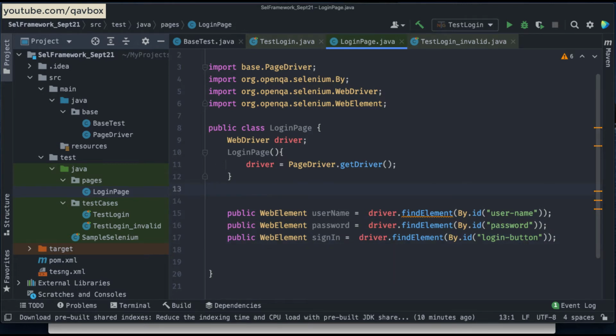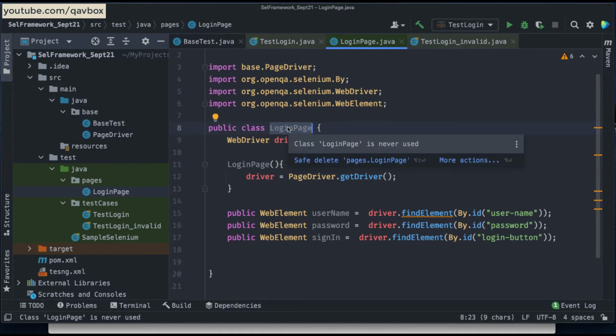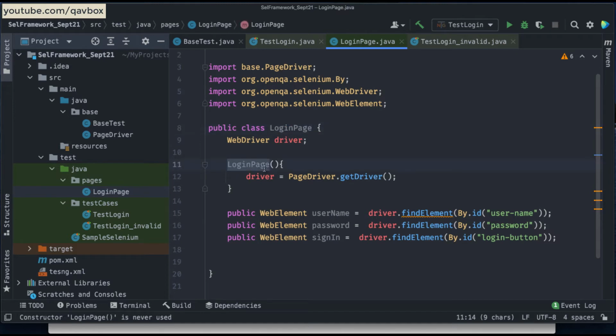Okay, so what I'm doing here, as you can see, this is the login page.java file, right? So inside this, I'm creating a constructor here. So this is my constructor. What I'm doing, I'm taking a local driver object. Now that one I'm assigning with page driver.getDriver, because to perform any action, like to identify an element, we know that we should be using the driver. Now from where should I be getting this driver? I should be getting it from base test, right? That is nothing but page driver.getDriver. So this is nothing but the setters and getters of a page driver.